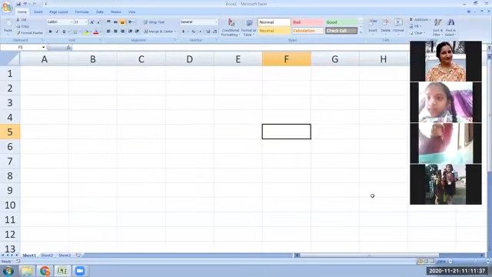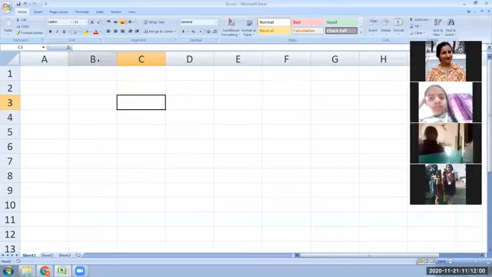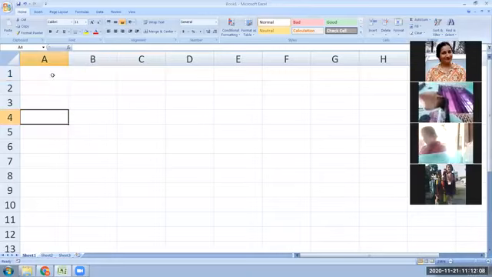Now, out of all these cells, first of all, it is very important to notice how a cell is formed. This is a cell, no? You just look at this column and look at this row. Where this column and row intersect, a cell is formed. Column C and row 3 intersect here, and here a cell is formed. In this case, column B and row 1 intersect here and a cell is formed. Here column A and row 4 intersect, and a cell is formed.